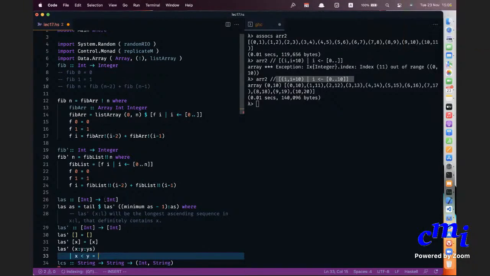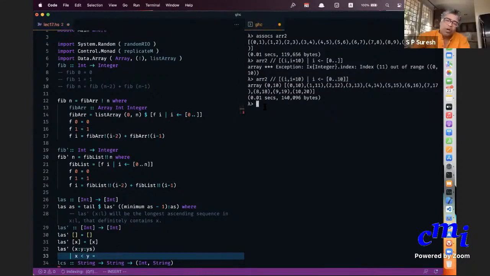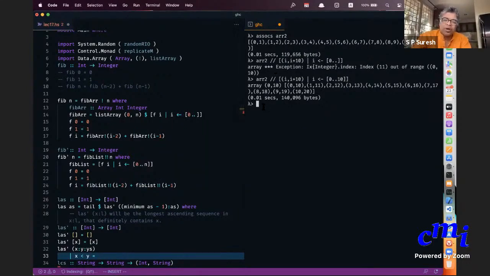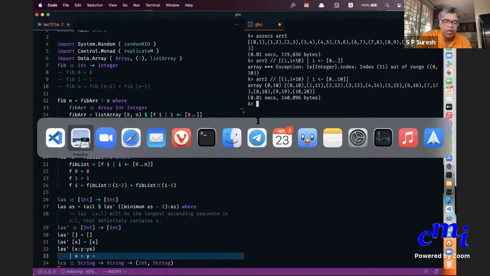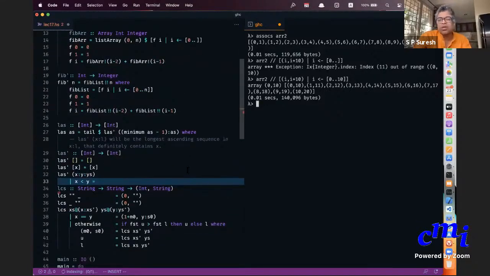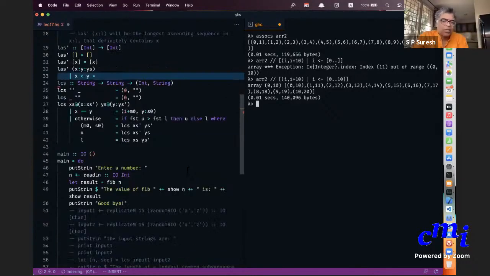Sir, could you once just give an example of what we exactly want? Unfortunately, I can't give you longest. I have to write a program before I can run it and give you this. But if I give you a list, I don't know, 24, 11, 13... One second, just give me a minute. I have written this program earlier somewhere. If I just run it on some numbers, I will get some values that will tell you what the longest ascending subsequence is.